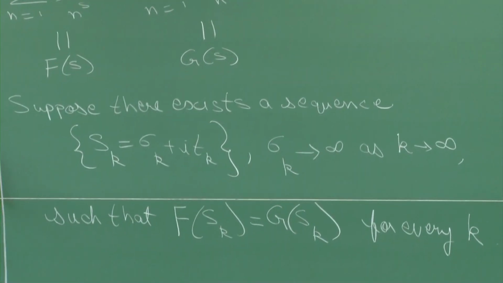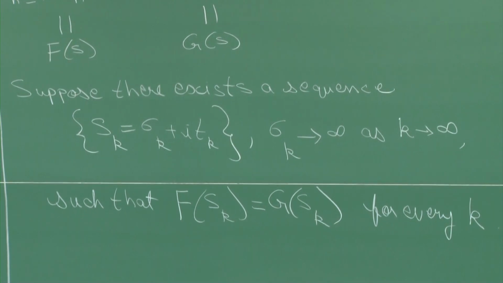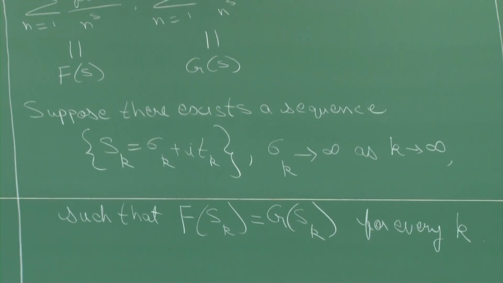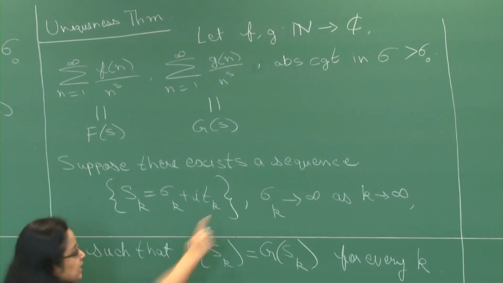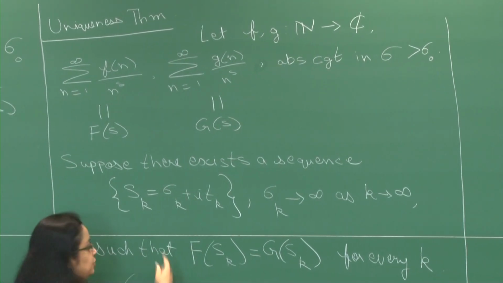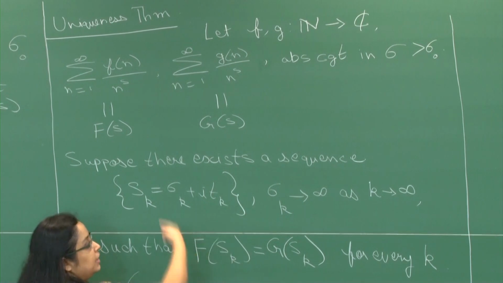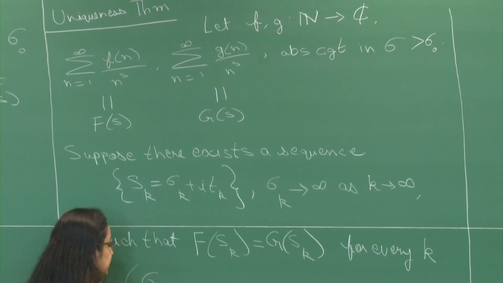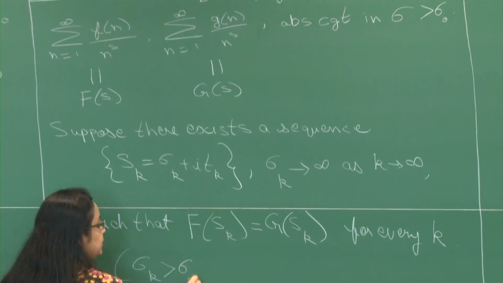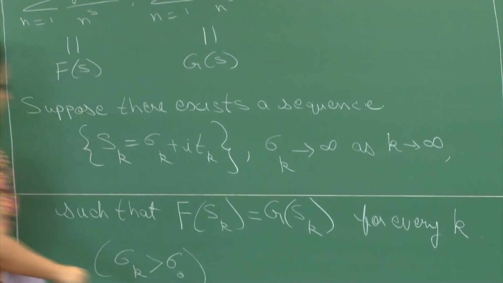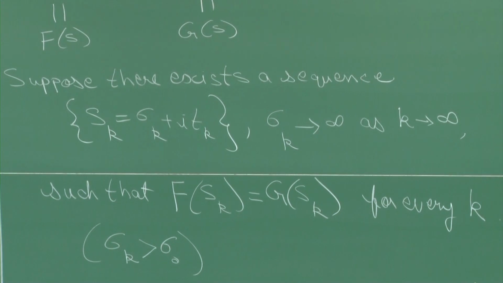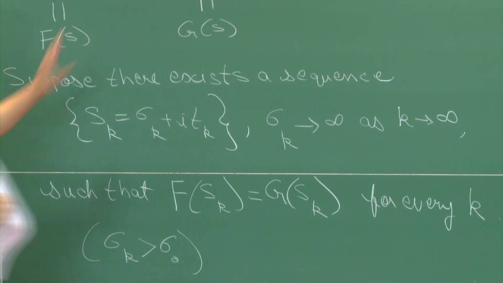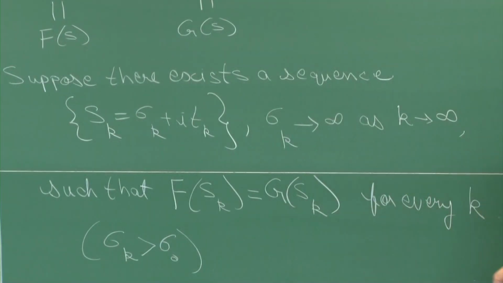And your sigma k's lie in the domain of absolute convergence. Anyway, the sigma k is going to infinity, so obviously beyond a certain stage they will become greater than sigma 0. So, without loss of generality, we are assuming that for every k, sigma sub k is greater than sigma 0. So, in this situation,